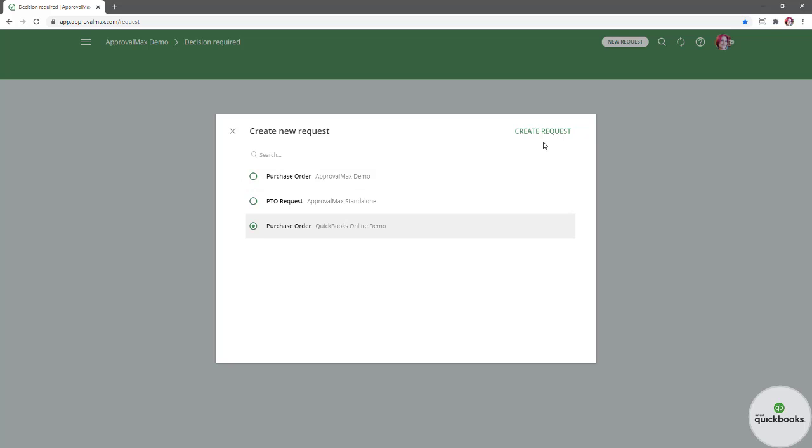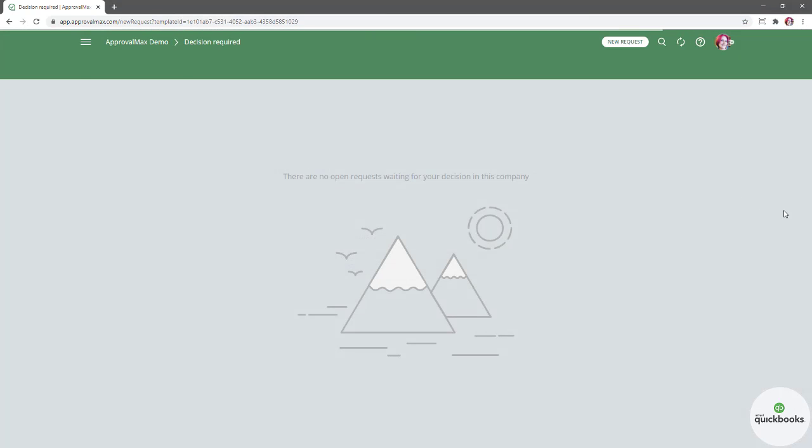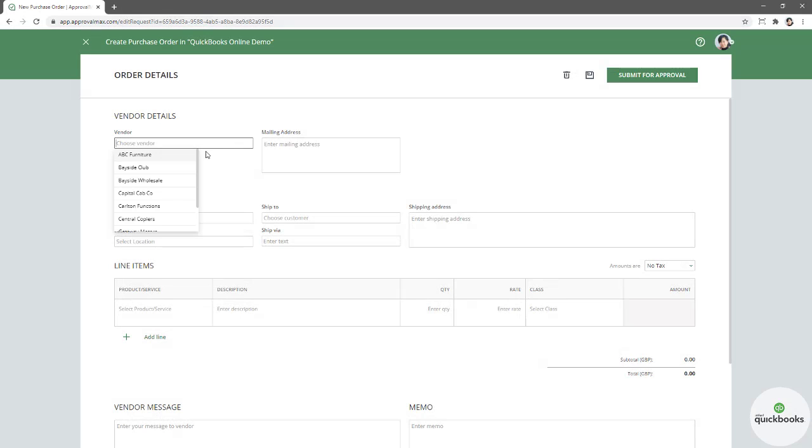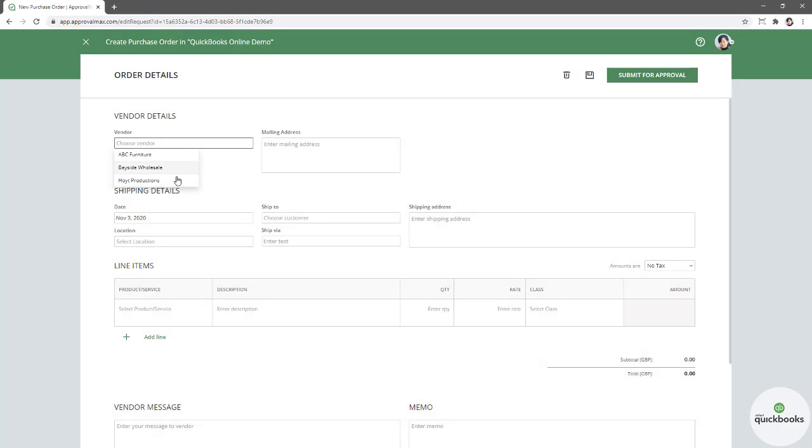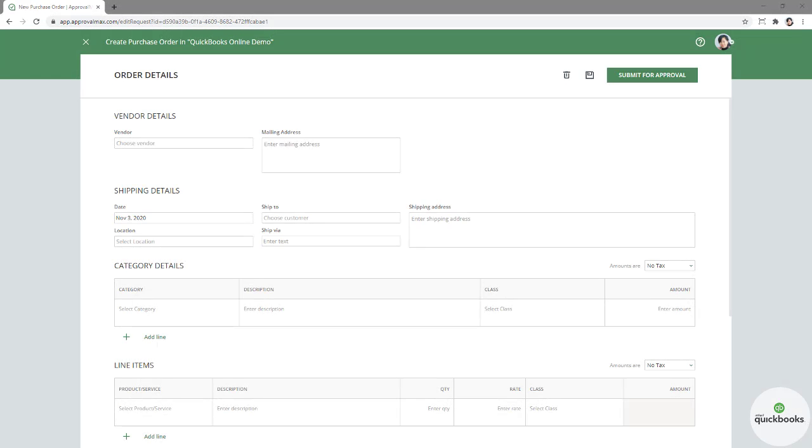The same options apply in QuickBooks Online. ApprovalMax pulls the vendor list from QuickBooks Online, and the administrators of your organization can expand or limit your options. The purchase order request form in QuickBooks Online can have different layouts, depending on your organization's settings and what information is used in QuickBooks Online. ApprovalMax supports all views: